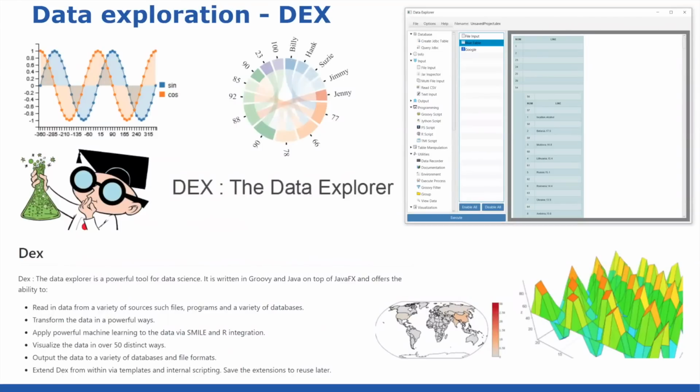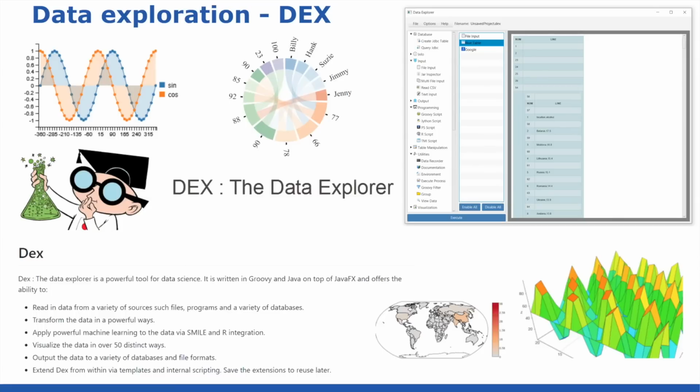Now, the next thing you want to do is data exploration, and I'm going to show you how you do that with a little bit of scripting shortly, but there are a couple of JVM-based tools that you might want to make use of. So one of them is called Dex. It's written in Groovy. It makes use of JavaFX. And you can see the little GUI for that application on the right. And it gives you a little menu. You can see things like there's Groovy and Jython scripts, there's Groovy filters, there's CSV reading and so on,